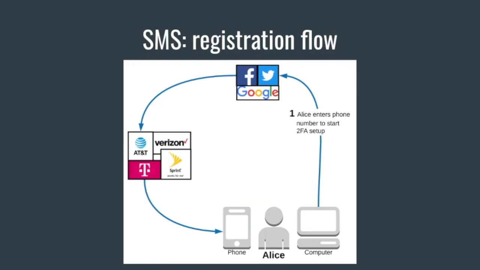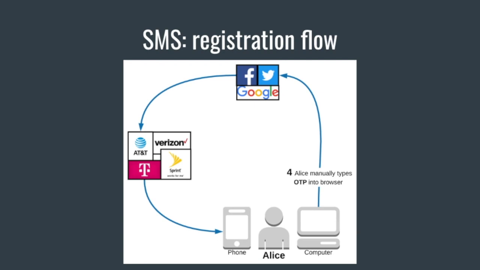So we're going to be following a fictitious friend, Alice, through a lot of workflows today. We're going to start off with the registration flow for SMS. Now, this is pretty trivial, but once she starts the process with her phone number, then the service provider is going to generate a one-time password. And the goal is to have Alice echo that back to prove that she has her phone and complete the process. So it gets sent through the phone company, and the phone company sends the one-time password to the device that's registered with that phone number. Now, I picked my words very carefully there, and we're going to come back to that, but it gets sent to the device registered with that phone number, and hopefully once Alice receives that, she'll type it in her browser,